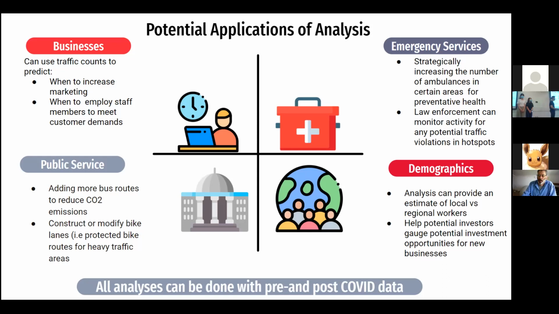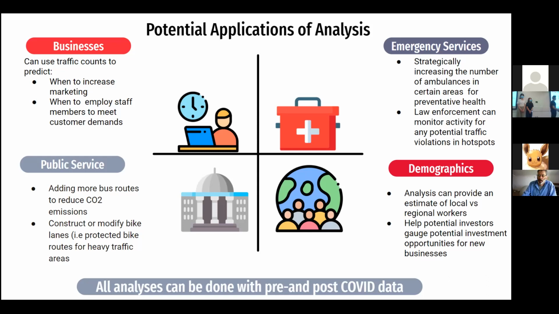For example, if you're an analyst working at a census bureau, you would want to find how many people live in Surrey and go to work, or how many people live outside of Surrey and go to work. That knowledge may be beneficial to potential investors who are looking towards establishing a small